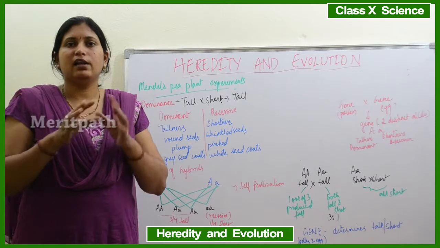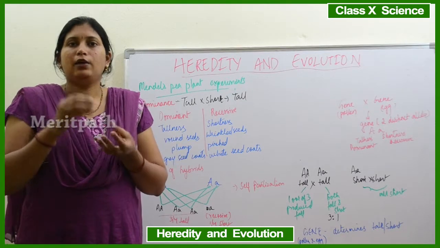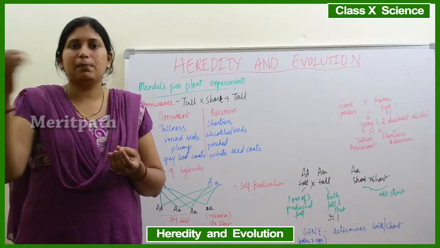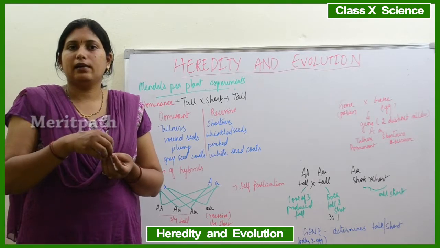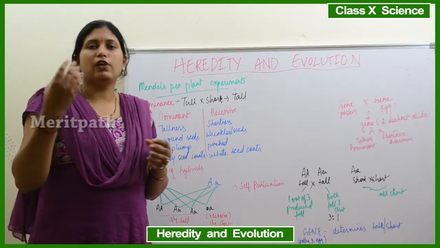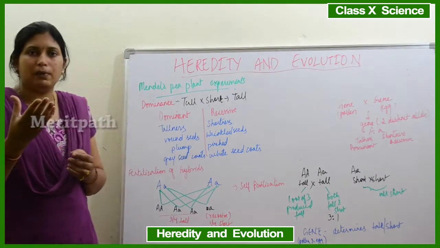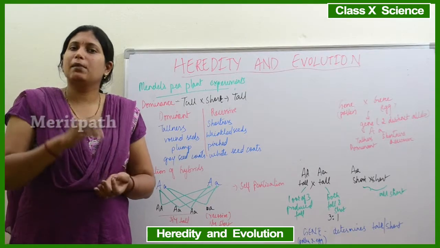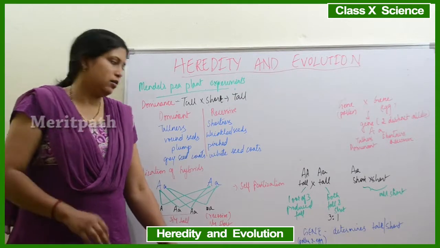He took a flower, he cut off the male parts, and to the female part he brought a male part from outside with the desirable characteristic and pollinated it. Then he covered it with a polythene paper and allowed the flower to fertilize and develop into a pea, because he wanted to give some desirable characteristics in that plant.